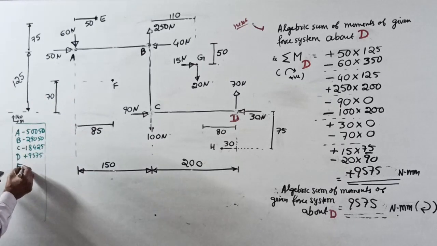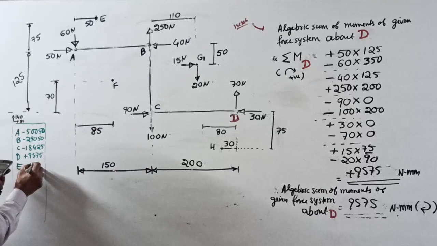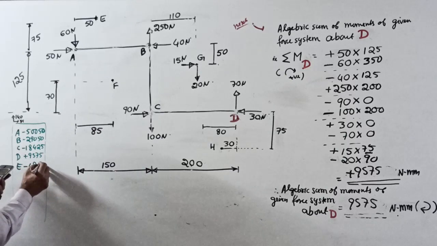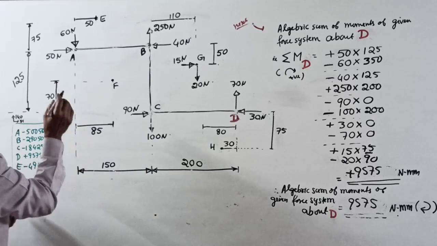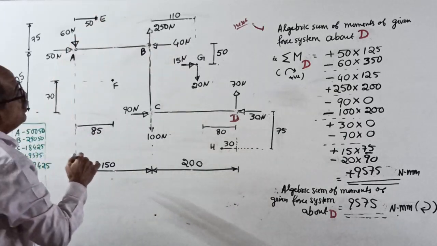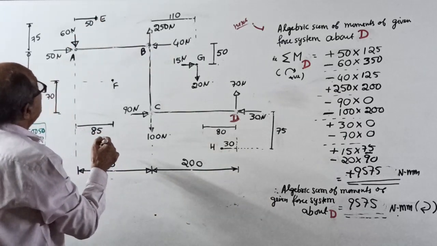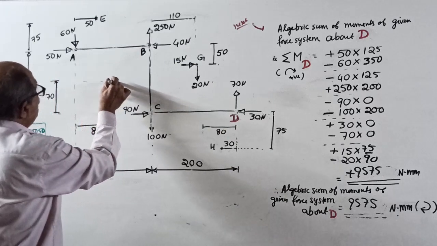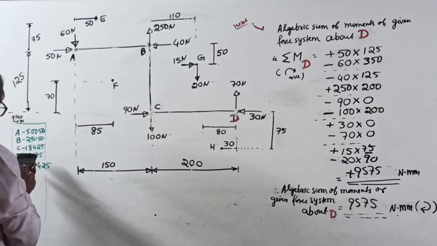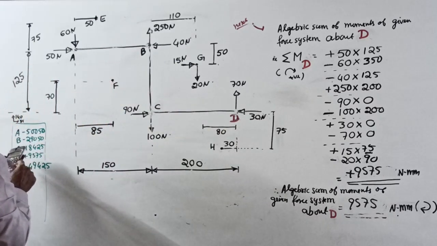It should be minus 49425. I'll check once again if required. About E, and the next point is which one? F. If you want about F, the answer is minus 50050